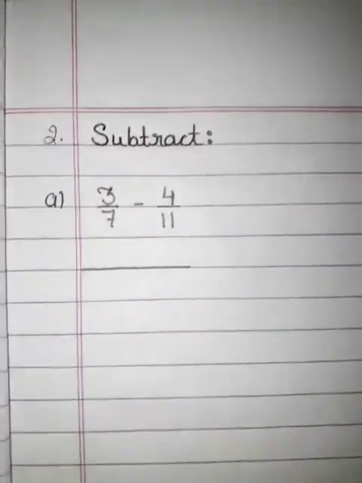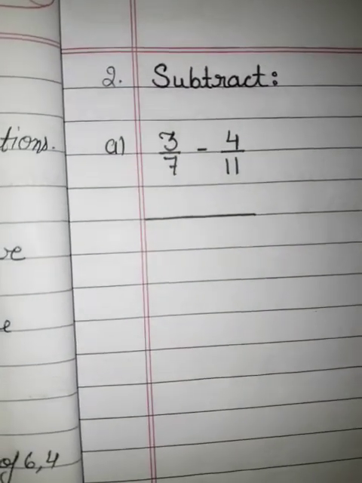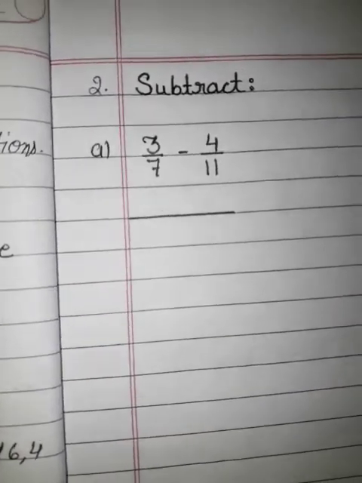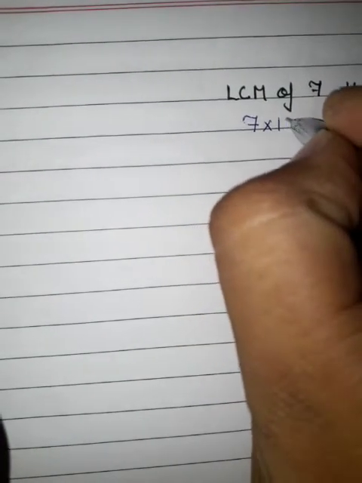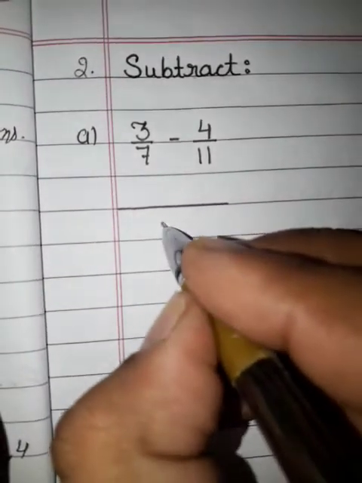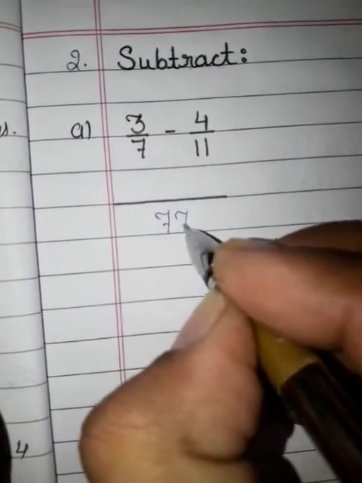But if both the numbers are prime numbers, then there is an easy method to find the LCM, that is the LCM of 7 and 11. To find the LCM of prime numbers, we just multiply both the numbers with each other. Why? Because prime numbers are divisible by only themselves. So 7 will remain 7 and 11 will remain 11. So 7 11s are 77. So the LCM for 7 and 11 is 77.